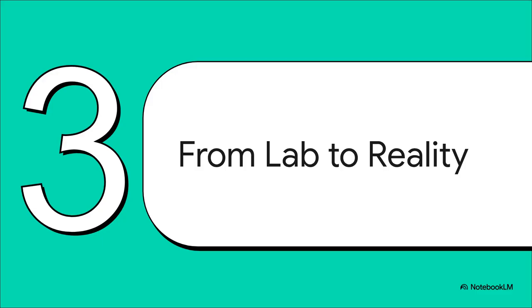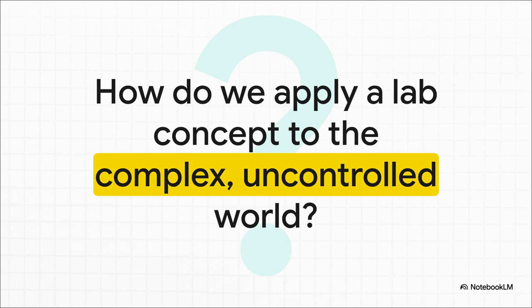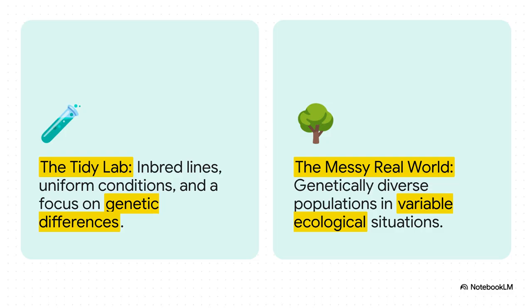So, okay, if this idea was born in a sterile lab, what in the world happens when we try to take it back out into messy reality? This is the million-dollar question, the massive challenge that biology has been wrestling with for over a century. How do you take all that complexity you so carefully removed and put it all back in? Because the real world is nothing like that lab. Out here, we don't have inbred lines. We have genetically diverse, mixed-up populations. We don't have uniform conditions. We have constantly changing, chaotic environments. And those simple, predictable traits, in the real world, they become messy, continuous spectrums of variation. It's a whole different ballgame.